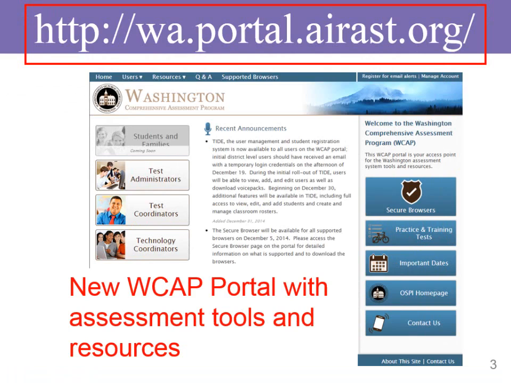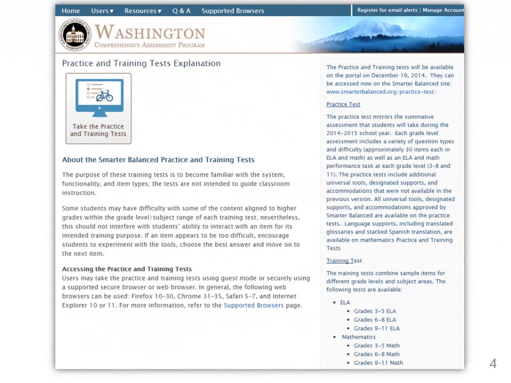Please note the web address. When you go to the homepage, you will see that there are several buttons for you to click depending on your role in testing. We are going to focus today on the practice and training test for Smarter Balanced. First, click on this button. When the page loads, you will go to the link on the right to access the practice test and resources